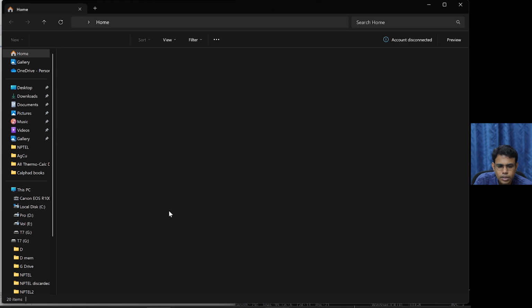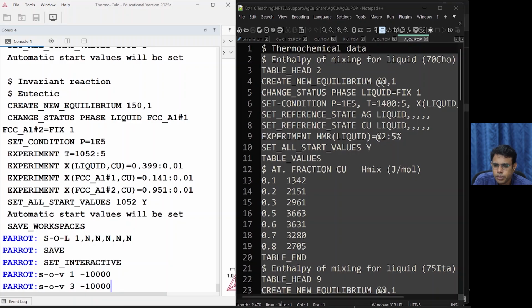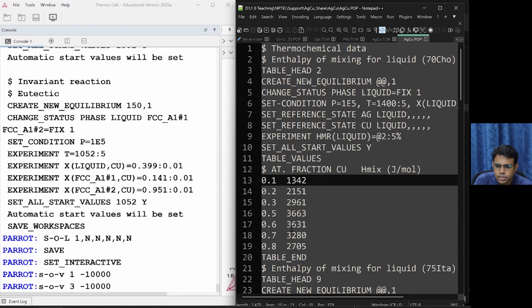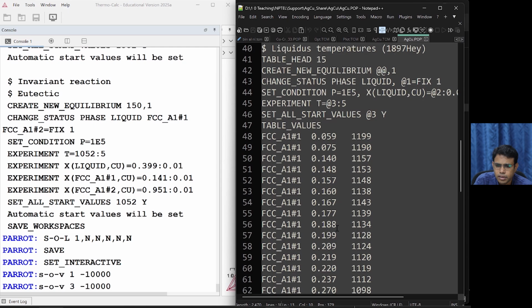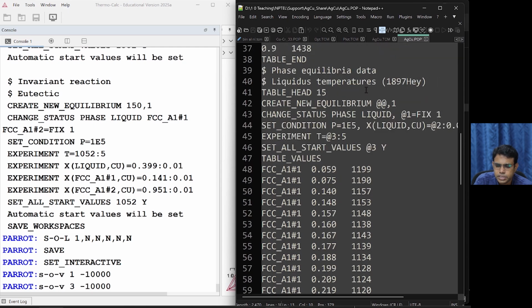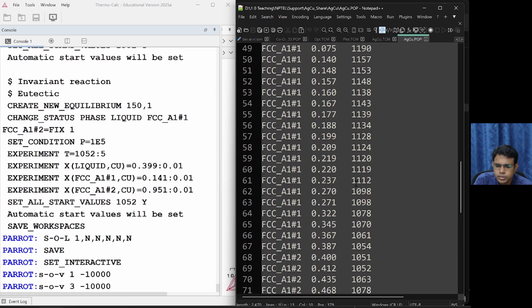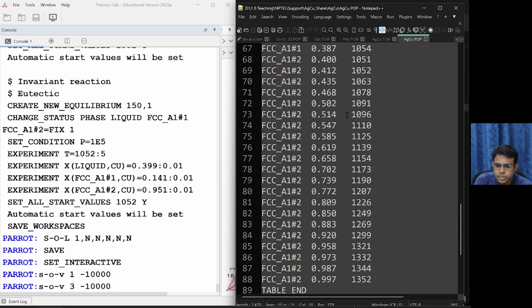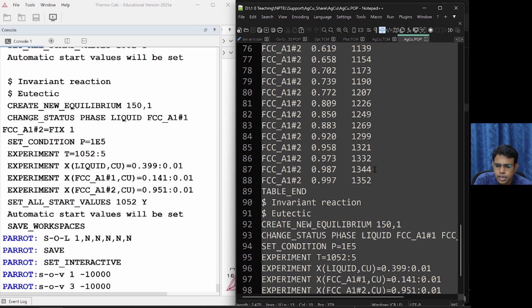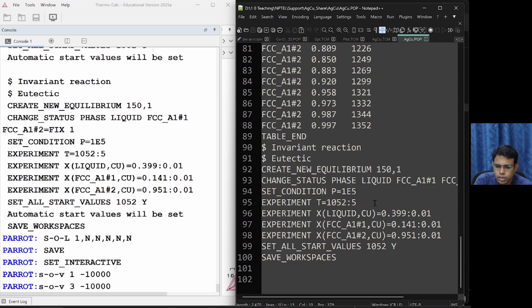Let me show you the pop file. Okay, this is the pop file where thermochemical data is entered: enthalpy of mixing for liquid, table head as I told is started, and enthalpy of mixing values are entered here with the error, 5% error for various compositions. These are the compositions, these are the enthalpy values. Similarly, we have the liquidus data here, liquidus temperature. So for different compositions, what is the liquidus temperature is entered here, and for invariant reactions, one eutectic reaction is there, and the eutectic reaction data is entered here.